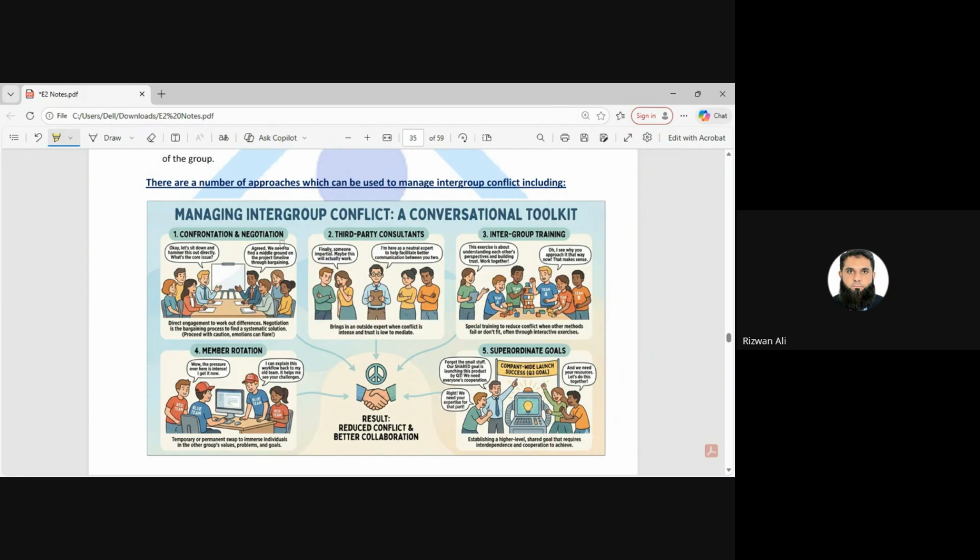If we have team building between them, and then intergroup training with them, definitely they will have a stronger relationship. They will be working together better, of course. So that's how this intergroup training will work. And the same thing is member rotation. If we feel that some members are fit for other roles, definitely multi-purpose, multitasking people are always good for the organization. So we can rotate the people who can fit in another role as well, or in another team as well.